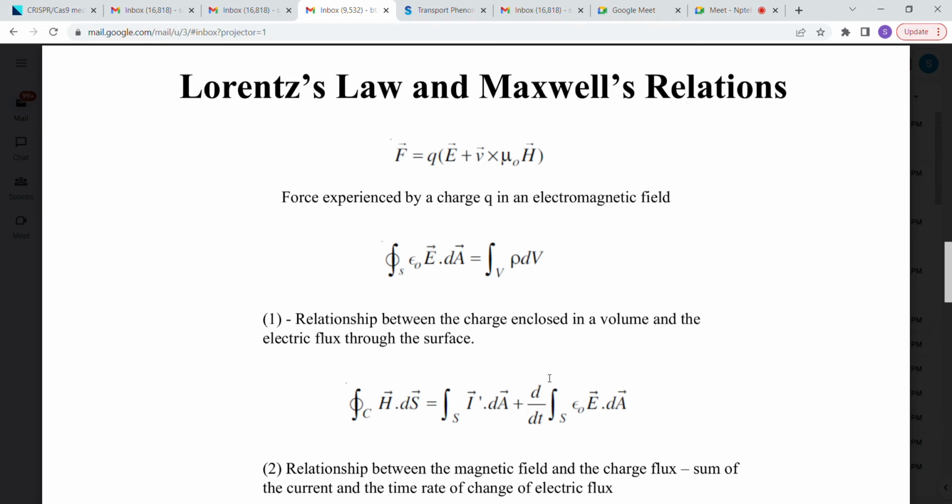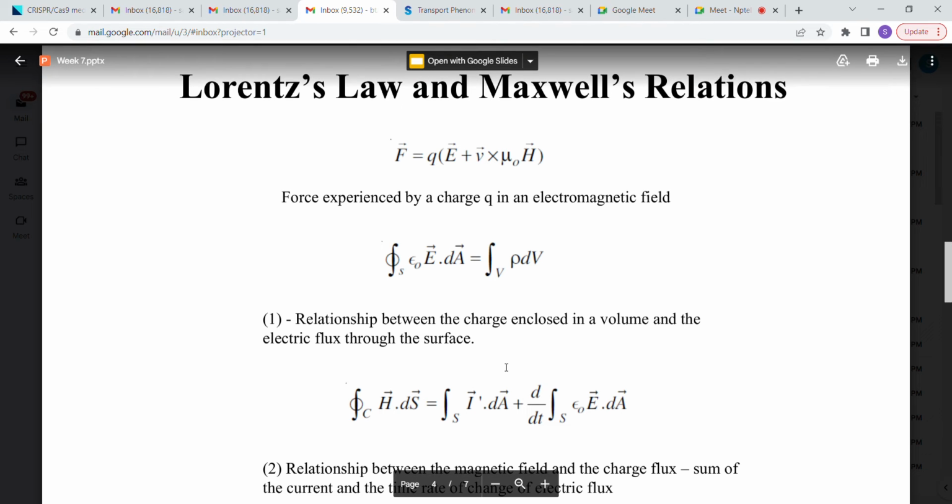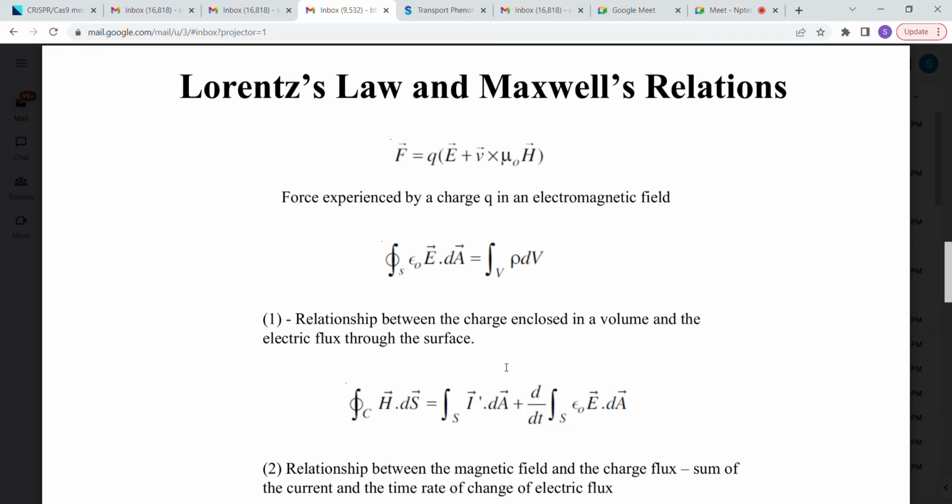The first Maxwell relation is a relationship between the charge enclosed in a volume and the electric flux through the surface. So what is it? Let's take a box, and that box has a volume element, and let's say that volume element is dV, and we know that rho is the charge density, so the charge enclosed in that volume element is rho times dV,